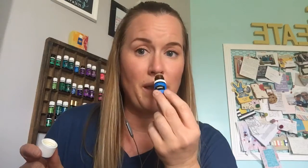So that's Stress Away. The next is Panaway. Panaway has a child safety cap because it has wintergreen in it. Any essential oil or blend with wintergreen in it has a child safety cap simply because it smells like a peppermint candy or a wintergreen candy. And so you just don't want to chance it with your kids thinking that this is candy and wanting to drink the whole bottle. So anything with wintergreen has a child safety cap, but Panaway is a wonderful minty blend, and it's great for soothing the muscles. So after you work out,